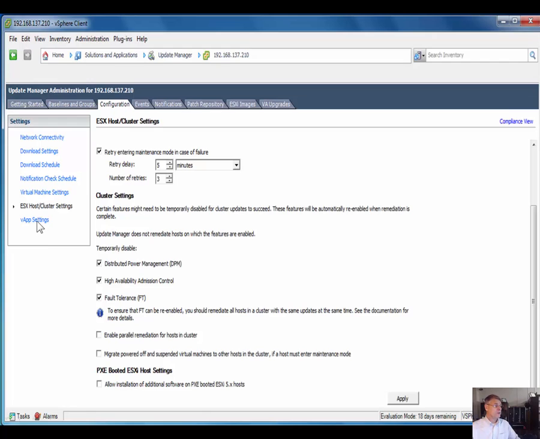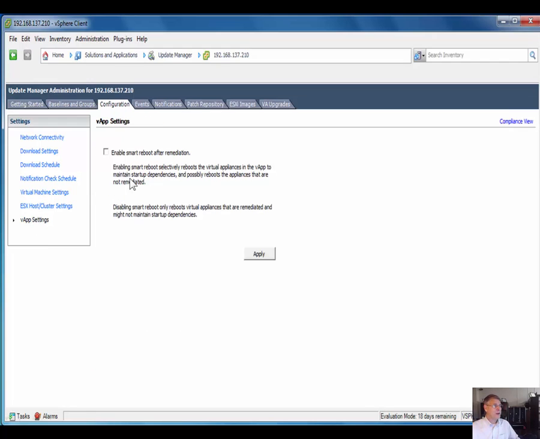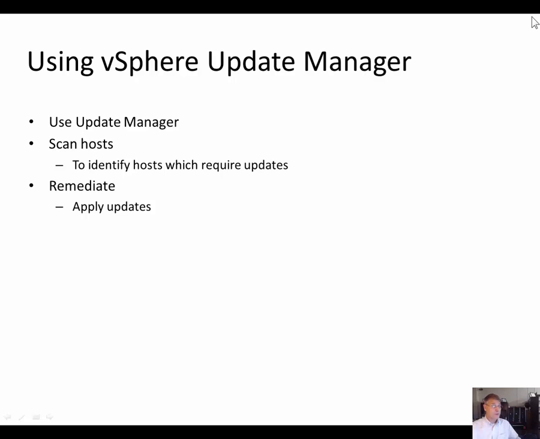The next setting to look at is vApp settings. Enabling smart reboots selectively reboots the virtual appliances in the vApp to maintain startup dependencies, and possibly reboots the applications that are not remediated. So we definitely select that checkbox. So these are our 7 configuration variables, and after installing and then configuring the Update Manager, the next thing to